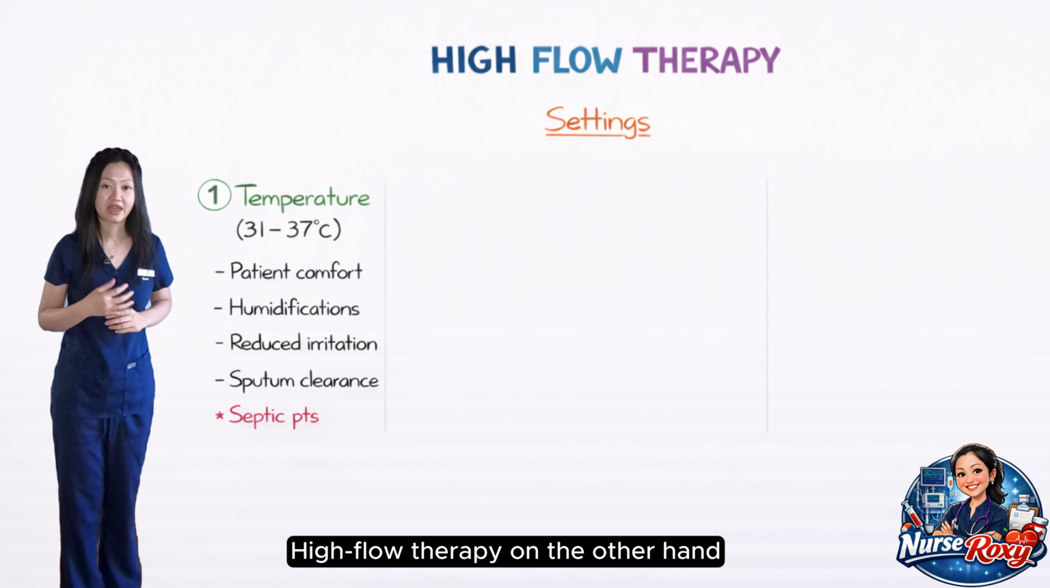In no particular order, the first one is temperature, which ranges between 31 to 37 degrees Celsius. And this is somewhat in line with our body temperature. The higher temperature you set on this device, the warmer the air gets. Temperature is mainly used for comfort, and it should be adjusted according to the patient's level of tolerance and their